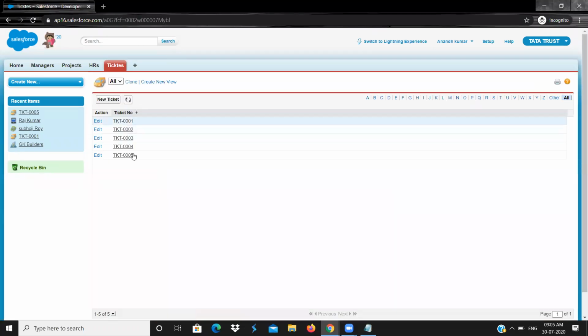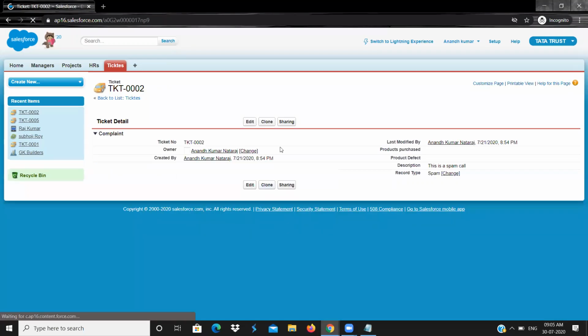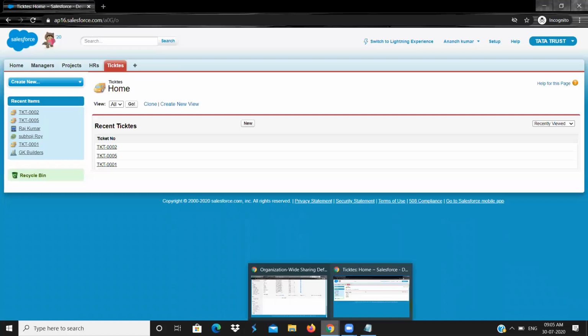See, you can see all the records even though you do not own it. The owner is some other person, but he can see. Why can he see? Because in the role I defined, he is on top of the system administrator role. System administrator has the sales representative role, and he has the sales manager role.